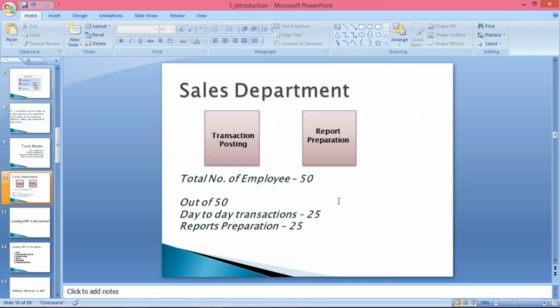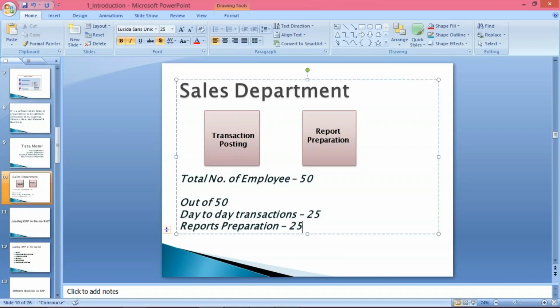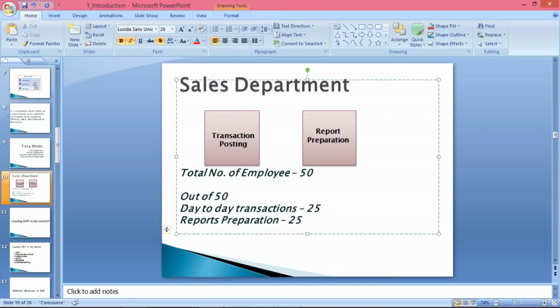Then there is the customer aging report. Let's suppose, out of all the customers, 90% have made payment, but there are 10% of customers who are not making payment on time. Let's suppose 20 customers have not made payment. There will be particular payment terms negotiated whenever we sell goods to any customer. Like, payment will be made, let's suppose, in 30 days.